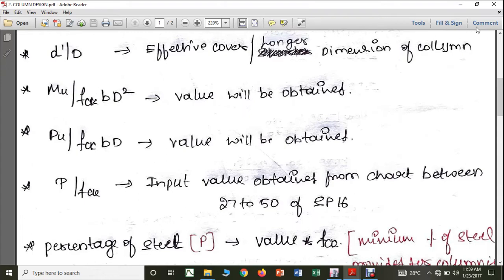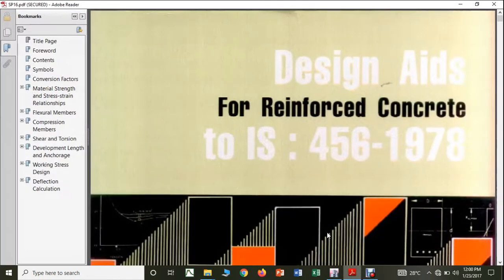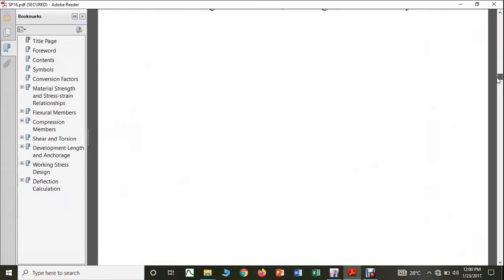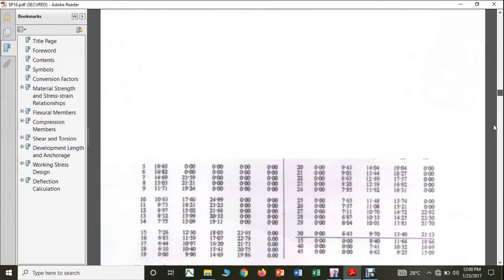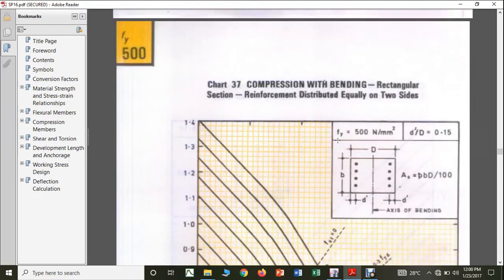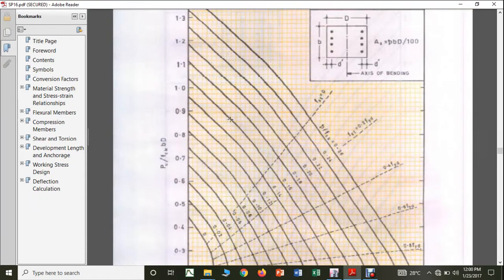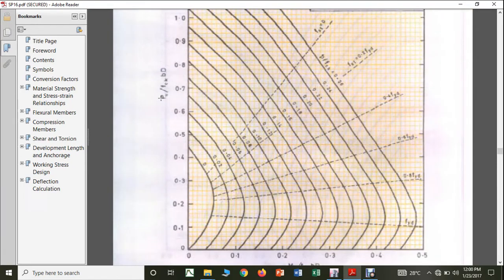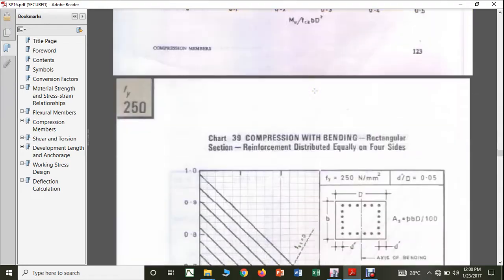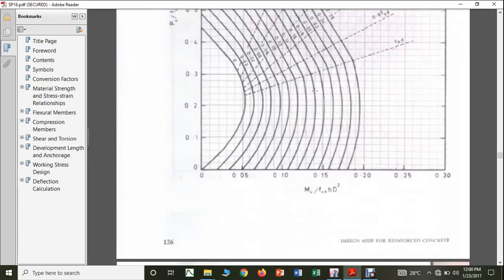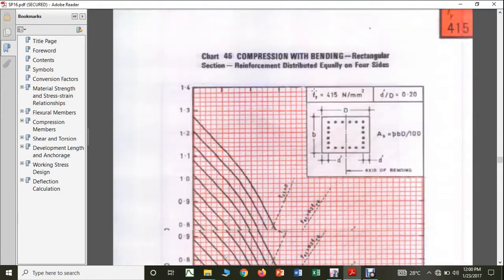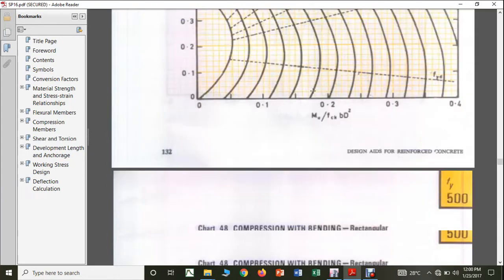Now, according to that, you can see here, if I am going to do the design as per the biaxially loaded column, I will show you. You can see that these are the ones for the uniaxially loaded column. We have used this Pu by fck b d, Mu by fck b d. In case you are going to have the biaxially loaded column,